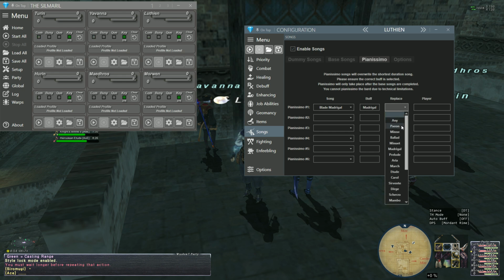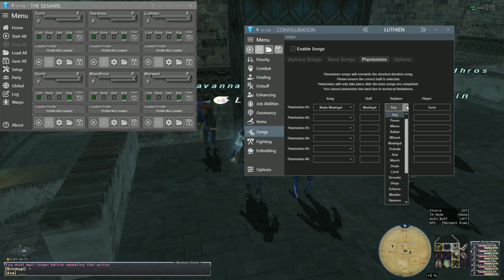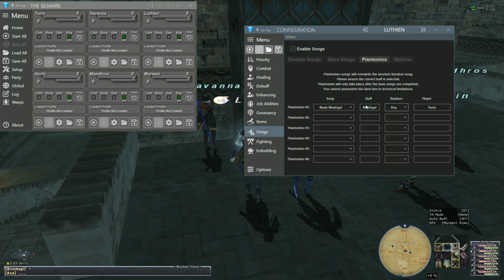Madrigal, and then you have a choice of replacing like with an any, and it can be any player except for the bard. And I'll show you what happens when you do the bard. It goes away, because I'm not letting you do that. So when I go and do an any, it's going to replace any song. It doesn't care. But if I specifically select a different one, it's going to try to sing a madrigal, and